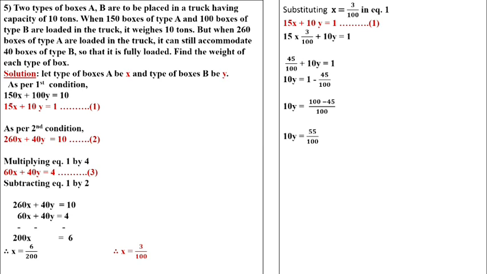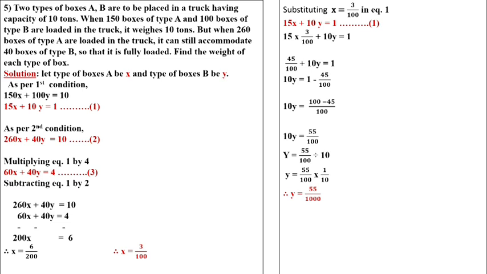But with the y we have the 10. So what we will do, dividing both sides by 10, we get 55 upon 100 divided by 10. If divided is given, we can make it multiply and the next number becomes its reciprocal. It means 55 upon 100 into 1 upon 10. So 55 × 1 is 55, 100 × 10 is 1000. So x value is 3 upon 100 and y value is 55 upon 1000.